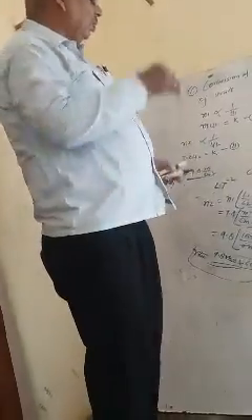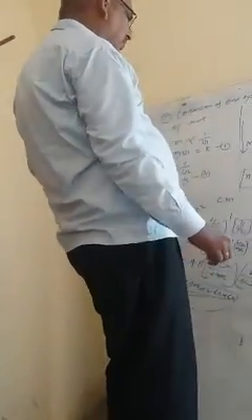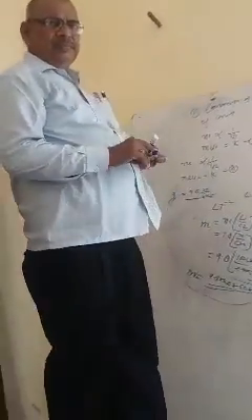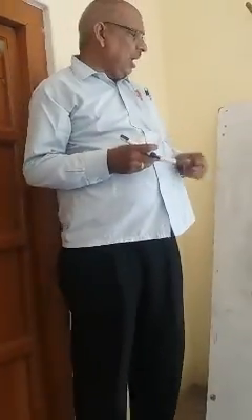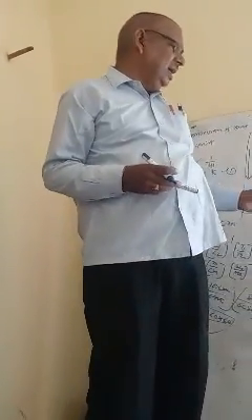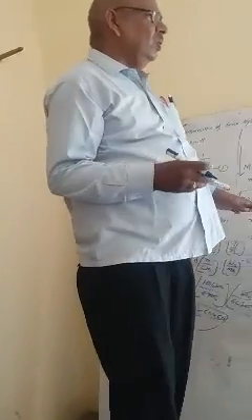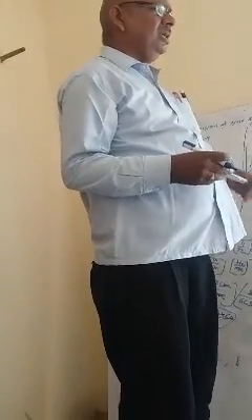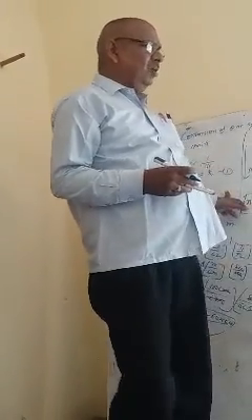Okay, for homework, write down this question. A car is moving with a speed of 40 km per second. If you want to measure distance in meter and time in minute, then what is the numeric value of the car speed?